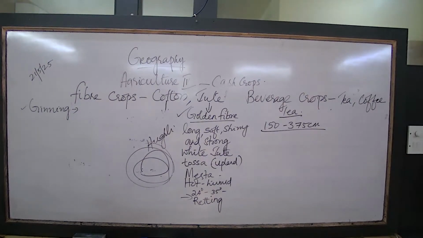Okay. Second method. From cuttings. Each shrub can also be grown in nurseries from cuttings of higher-yielding varieties. This is known as clonal planting, a method of propagation of tea. When the saplings are 20 centimeters high, they are transplanted in the tea garden. This method of cultivation of tea ensures high quality and better yield, as the plant has all the qualities of the mother plant from which the cuttings have been taken.